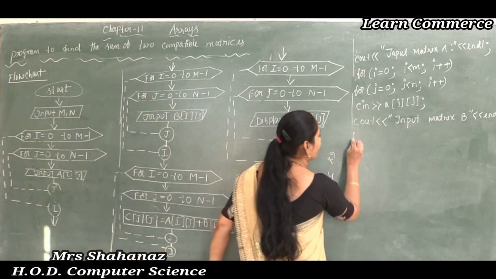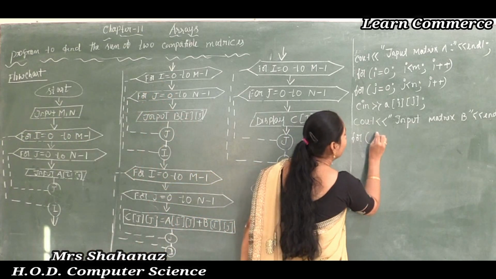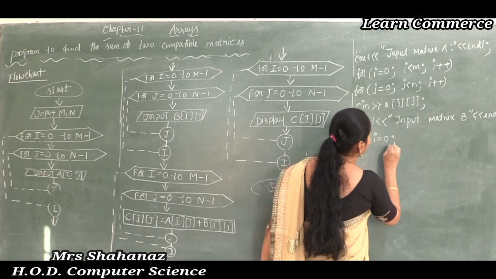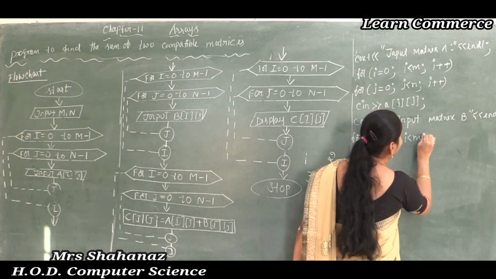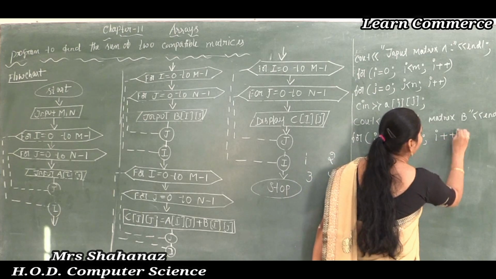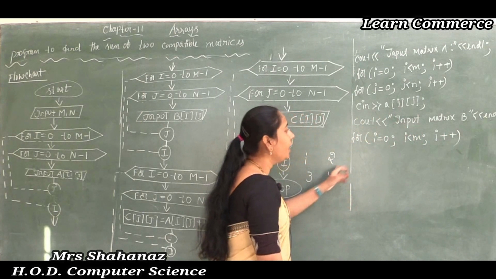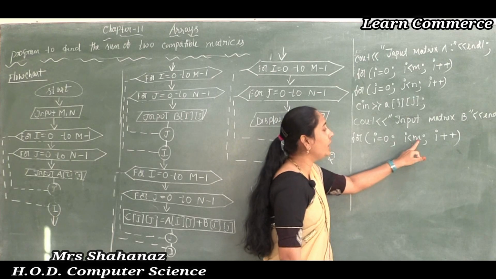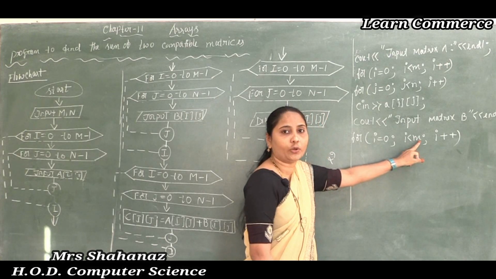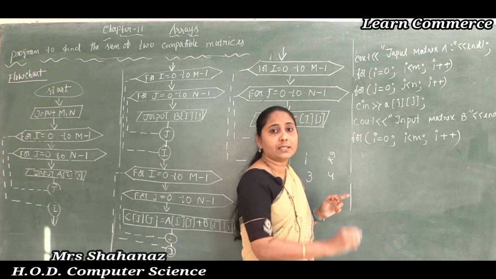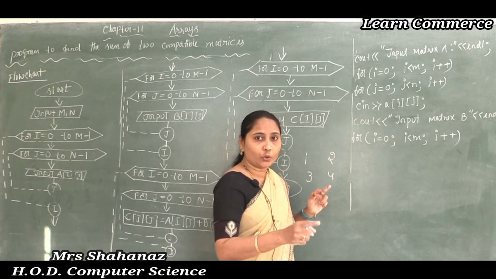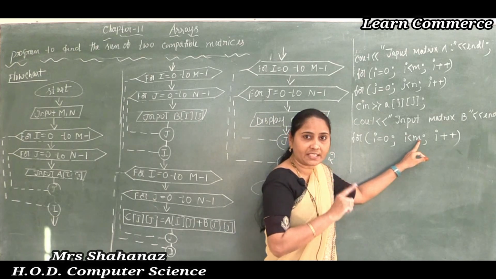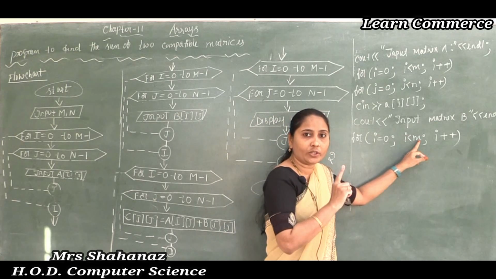So here I am using the for loop: for i = 0, i < m, until the satisfaction of the condition, it will move. First of all, the i value is 0, and the next m value is 2, if you are using the order of the matrix, row 2 column 2. That means 0 is less than 2, so the condition is satisfied. Clear this one? The condition is satisfied.